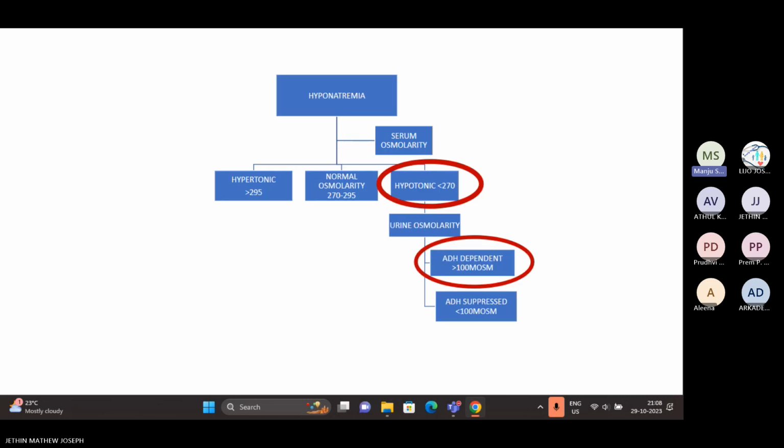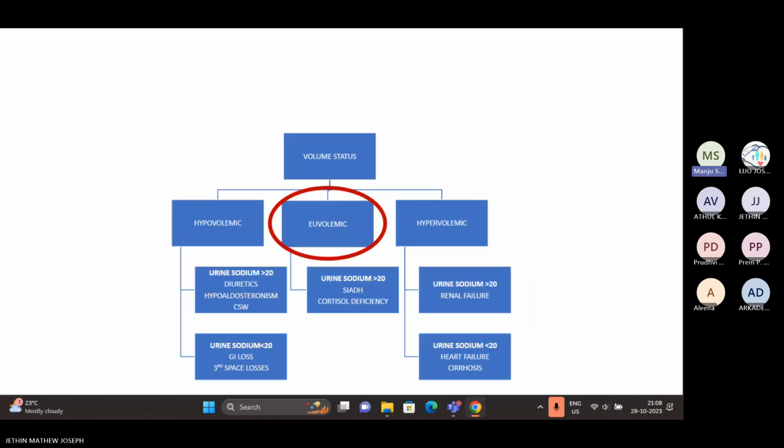So most of the cases we'll see will fall under the ADH dependent, like this patient. Once you have found out that the patient is ADH dependent, the next thing you're going to do is assess the volume status. Again, this has been told in the scenario. It's told that he's euvolemic. So here the options are very simple. He's euvolemic. We haven't been told about the urine sodium, but the possibilities here are only SIADH or a cortisol